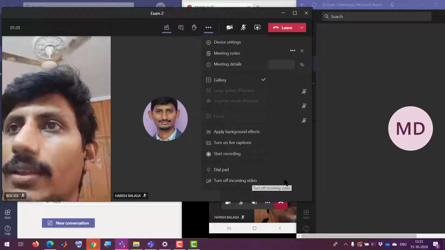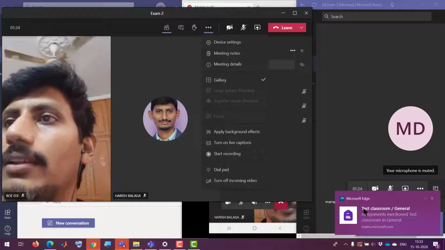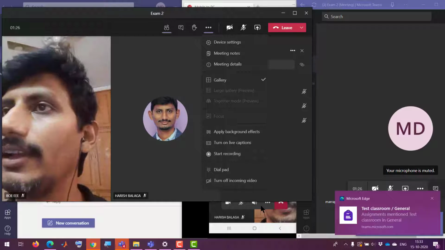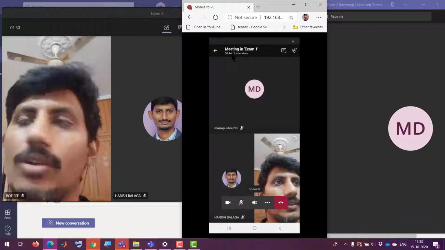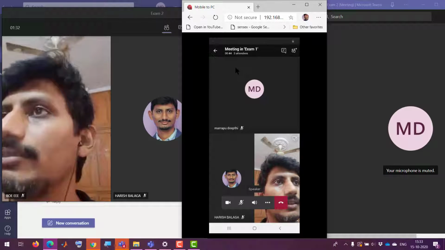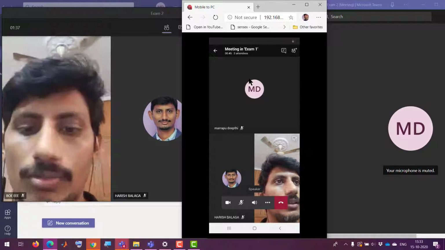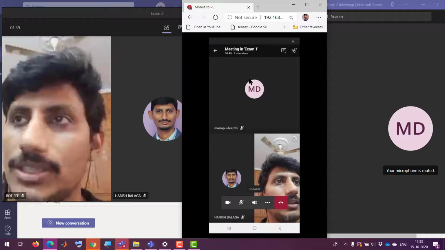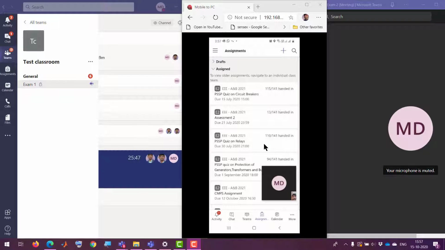Now you can see a message has appeared here, and the same message will appear in the student mobile view also. That is because I have enabled the question paper now. Now the student has to go back and under the assignment section, let us first click in the mobile view.